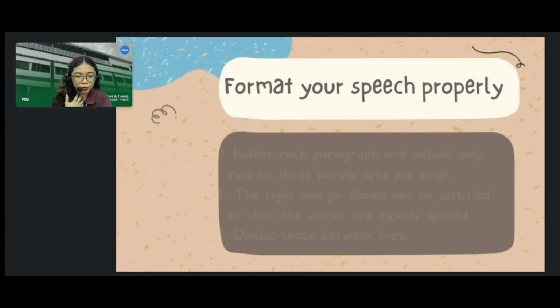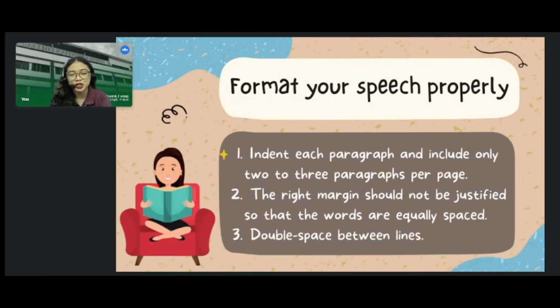And next, we have format your speech properly. Okay, so in formatting your speech properly, because you will read your manuscript, it means dapat readable. If you will read your copy of your speech, ikaw pa lang na nagbabasa, it is easier for you to read it. Hindi ka mamimili ng calligraphy na font style and 9 as font size. So, let's have the format. We have 5. So, you must follow this.